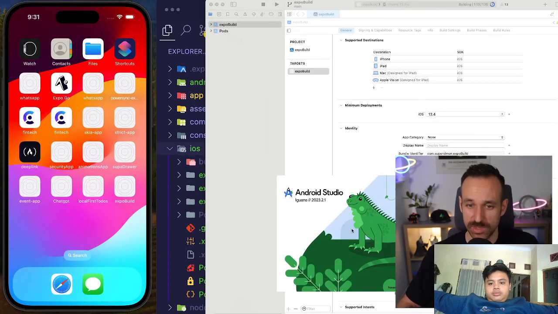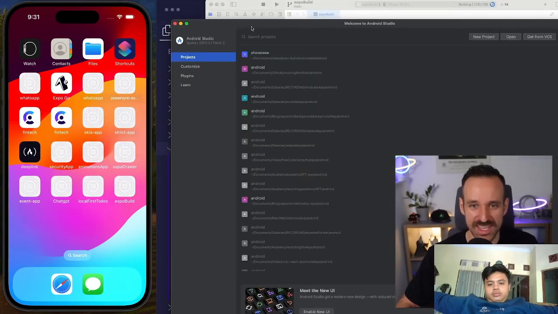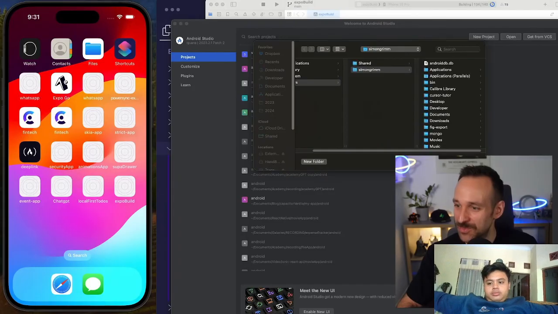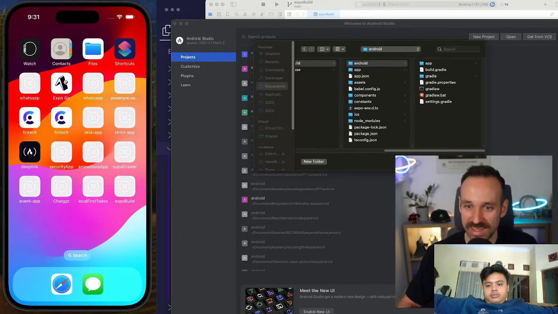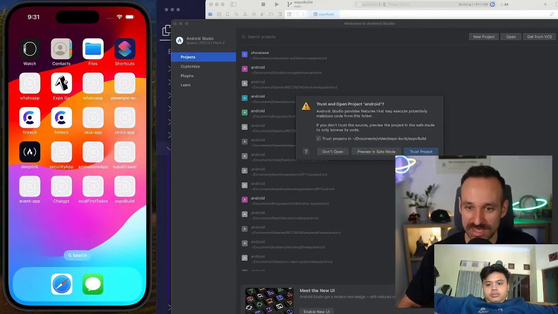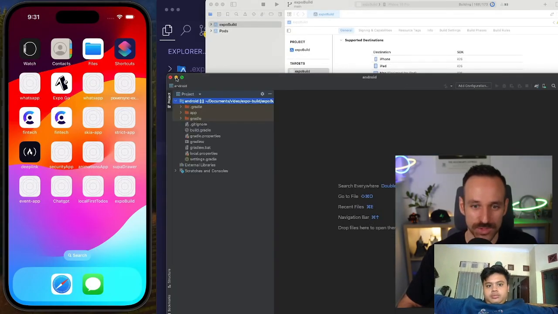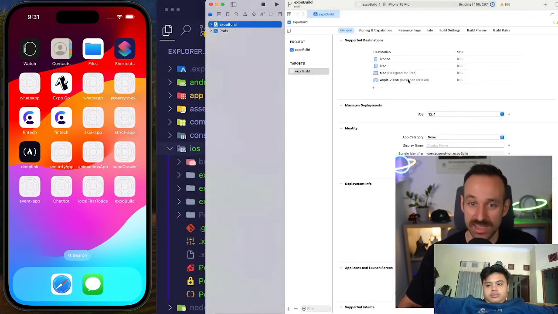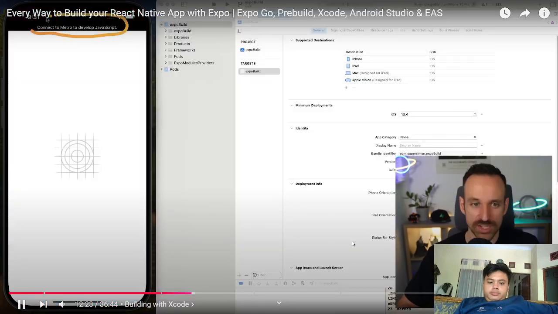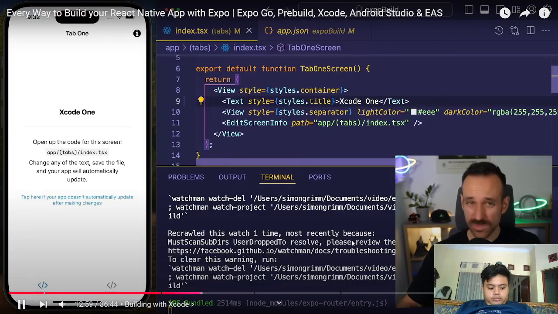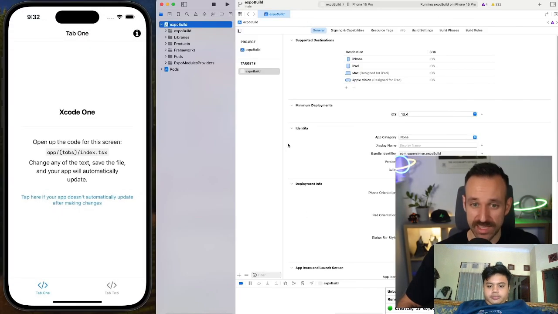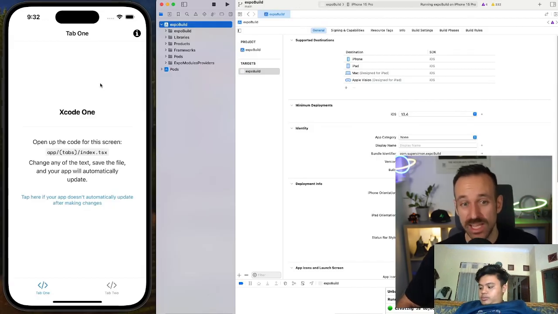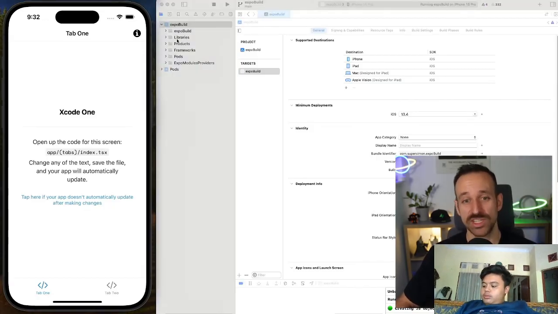Actually, I will open Android Studio because it takes like ages to open the stuff. So let's bring in the Android folder here and click open in Android Studio. Yes, I trust that project. And then let's put this to the background because this takes some time to initialize. In the meantime, Xcode is building. Well, we just built the React Native application through Xcode, but this app is still pointing to our